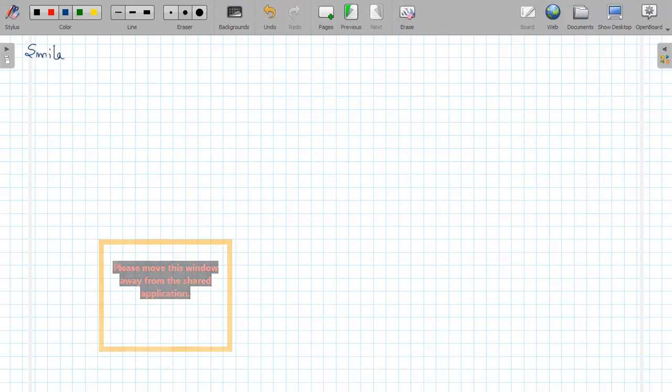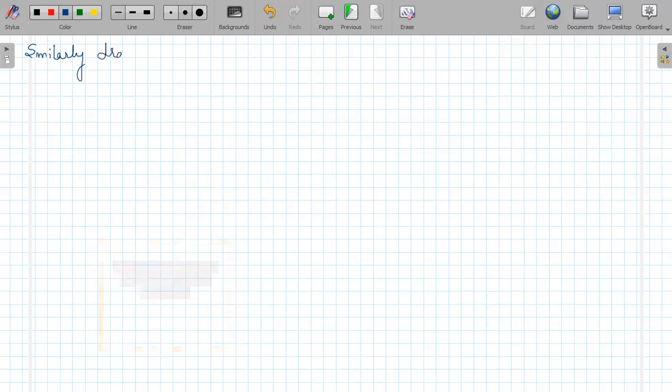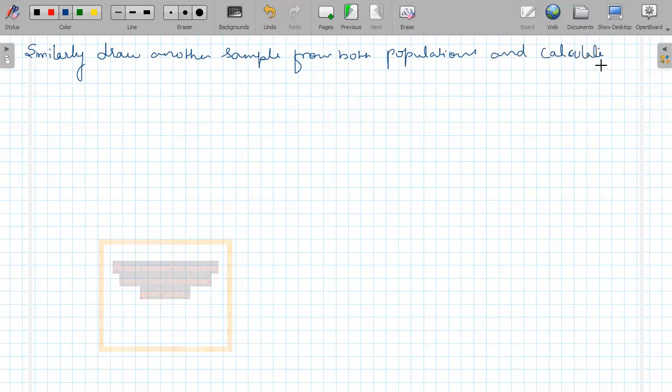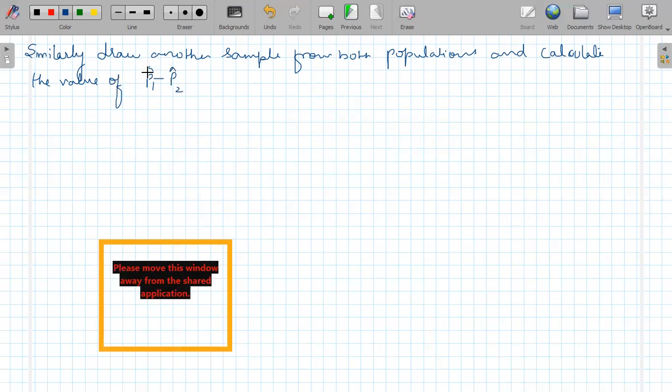Similarly, draw another sample from both populations and calculate the value of P1 cap minus P2 cap. नोटेशन मैंने सेम रखा हुआ है, डोंट बी कंफ्यूज, दिस वैल्यू इज फॉर द सेकेंड सैंपल. ओके,